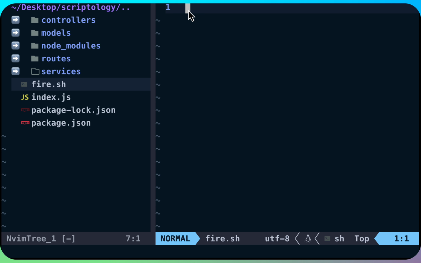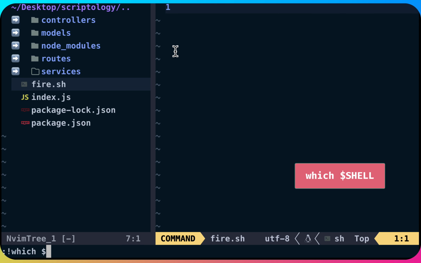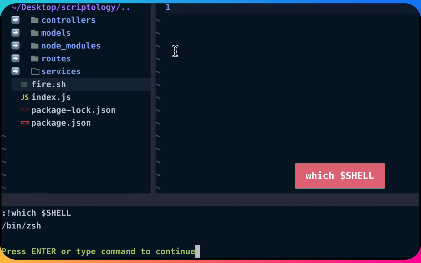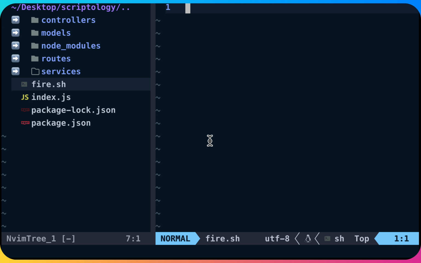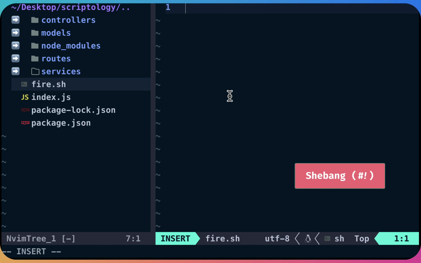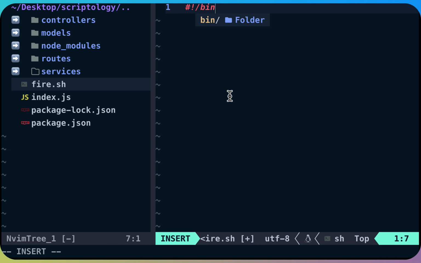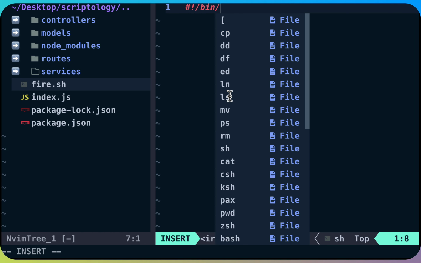Now I need to declare my interpreter. So we have bash, we have zsh, and the like. If you want to get this, you can just go to your terminal and type something like which shell. So we have been zsh, but for this tutorial I'll be using bash. For you to write a script, you must prepend the words with a shebang. So the she is the hash and the bang is this exclamation mark. Then we can write the /bin/bash,